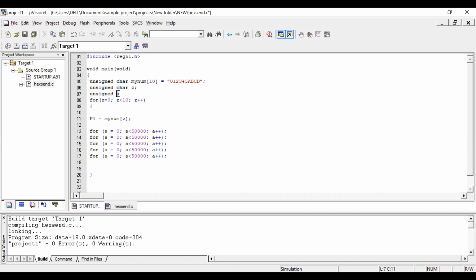Even in yesterday's class we discussed it should be int data type, because the data we are assigning to the variable a is greater than 255. Every increment, the a will jump from 255, 256, 257 like that. So it should be int, which is a 16-bit data type. Now I'll run the program.